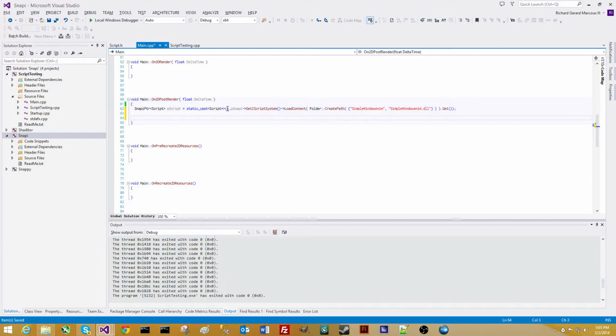Because of the nature of Snappy, different systems and different classes will have pointers that are shared. I mean, each system will probably have some sort of pointer to an underlying variable. And if one system deletes it, then all the other pointers are pointing to garbage. And even if your if statements are correct, they'll fail, and you'll end up crashing the program. So you guys should obviously be familiar with dangling pointers. So snappy pointers solve